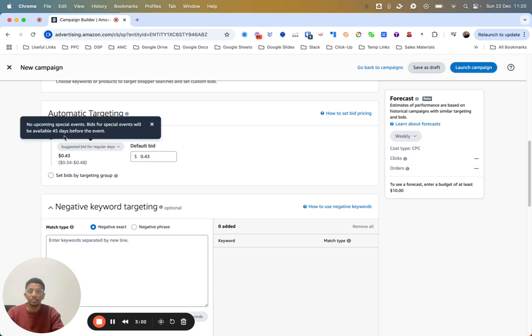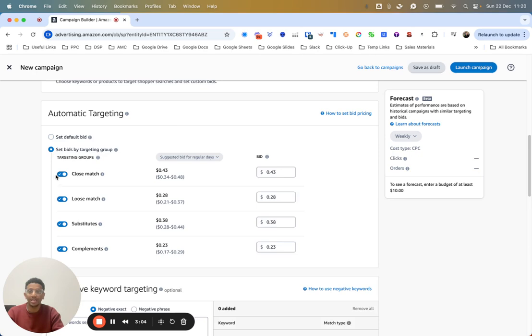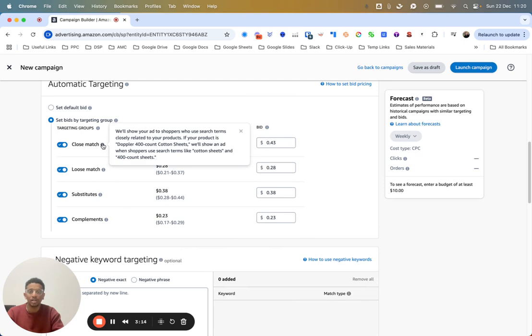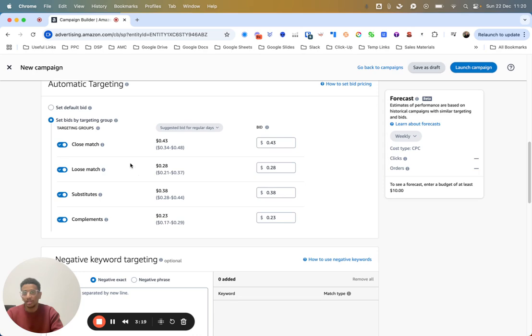So you can do that, or you can go here and click set bids by targeting group. You can actually hover over the icons to see what each of the types of targeting are, but close match is going to be the most relevant, and that's going to tend to be the one that generates you the best amount of sales for how much you spend. Every now and again, there's an outlier, and one of the other auto match types